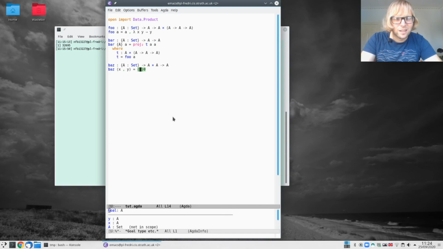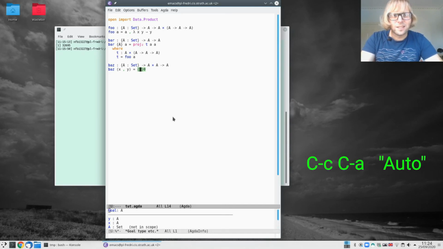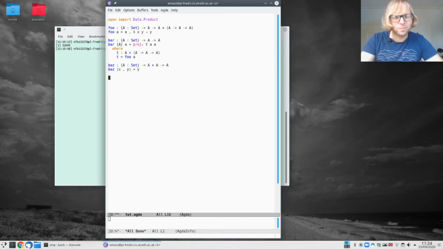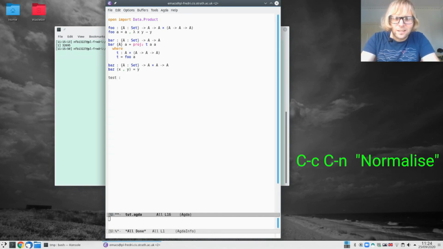Okay, and if I see now, I see that I have X and Y of these two types. And one final useful thing is that sometimes it's so easy to find the right thing that even a machine can do it. And then you can do Control-C, Control-A for auto, which means that Agda will go and search for something of the right type. So here Agda happened to pick the second one. And one final thing is that if you want to try something,